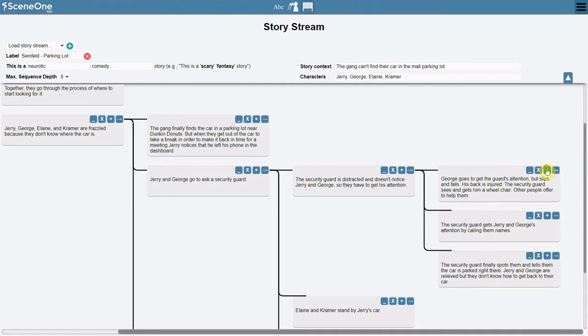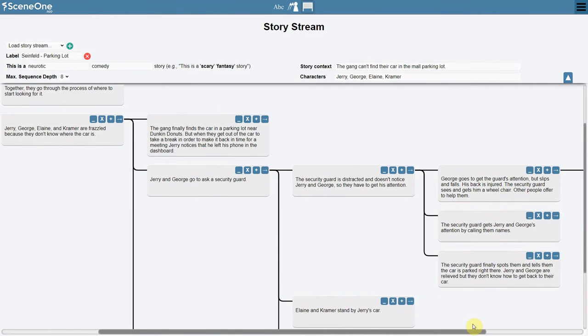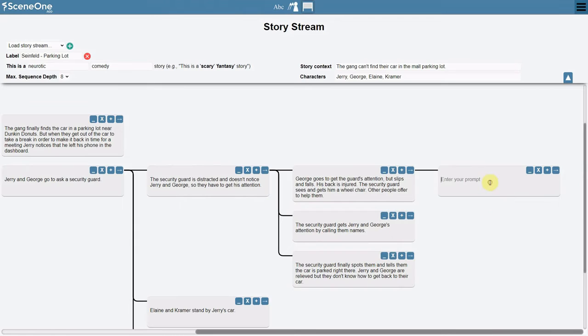Now, what we can do now is add an empty sequence, and you'll see a few extra features here, but we're not going to talk about those today. They're still works in progress. What we might say is